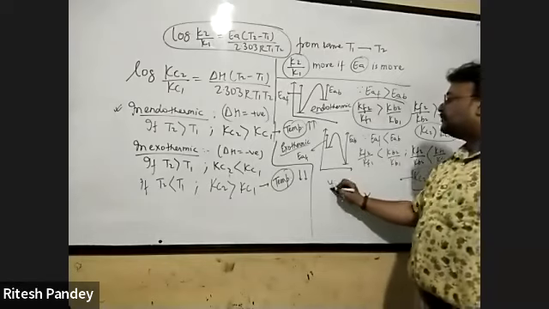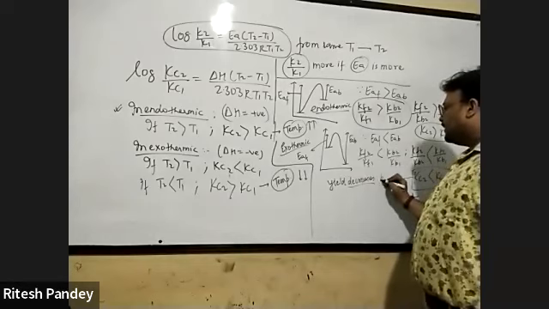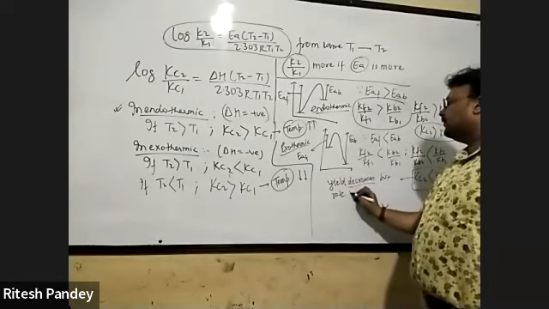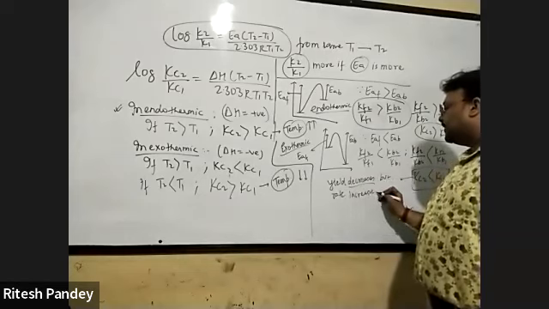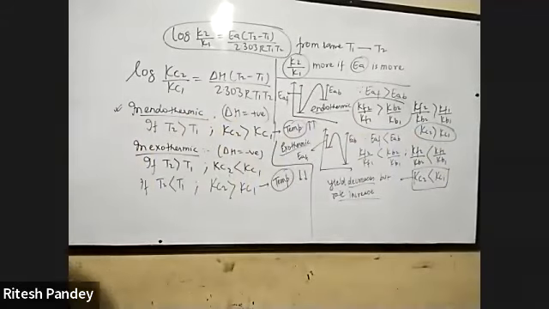Yield decreases, yield कमता है, लेकिन रेट बढ़ता है। टेम्परेचर बढ़ाने से एक्सोथर्मिक में yield कमता है, पर रेट बढ़ता ही है, टेम्परेचर कभी रेट नहीं कमाता है। एक्सोथर्मिक में क्या होता है, टेम्परेचर बढ़ाने से फॉरवर्ड का भी रेट बढ़ता है, बैकवर्ड का भी रेट बढ़ता है, बट बैकवर्ड का रेट ज्यादा बढ़ता है, इसीलिए इक्विलिब्रियम पीछे आ जाता है, फिर हाँ नहीं बोलते हो।